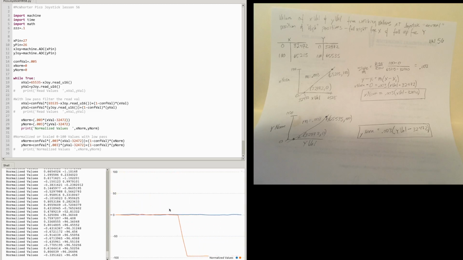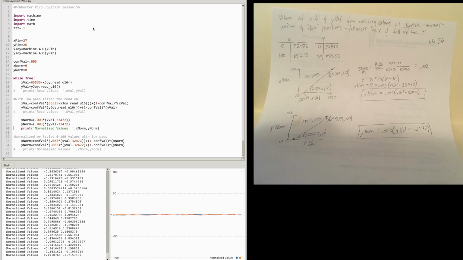And then we'll go down further, and we're 96.4. That's going pretty fast. But anyways, you can see the goal for this assignment was to get it to go from 100 to a negative 100, and we're close. On the Y, I'm off by less than 1%. On the X, it's a little bit more. But you know, still, I've got this